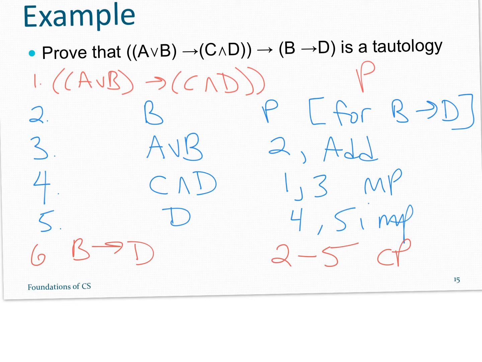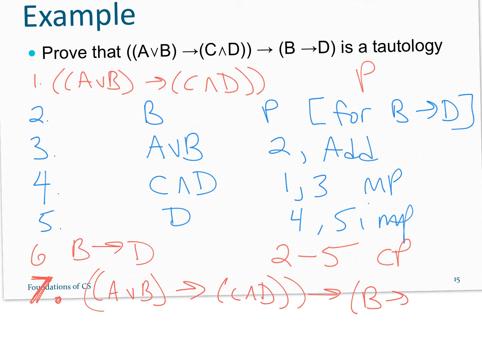And now, you know what, everything just fell through beautifully. I started there, I went to there, that's what I was trying to do. Your book would just write QED on this line. I'm going to write it out. A or B implies C and D, and then that whole thing implies B implies D, and that is from what? It's just lines 1 and line 6 because the others were discharged, and CP,